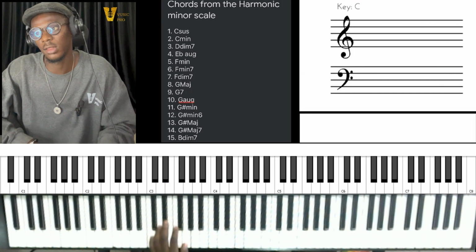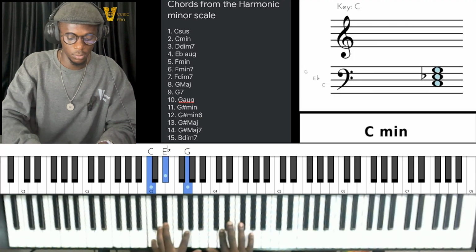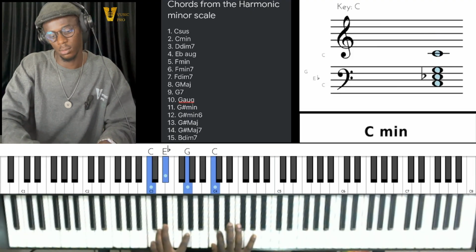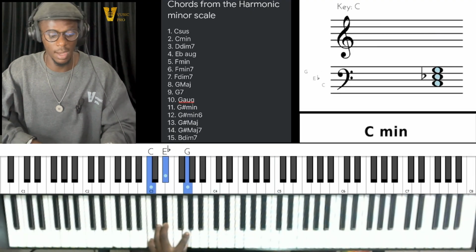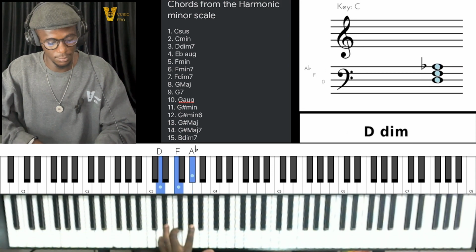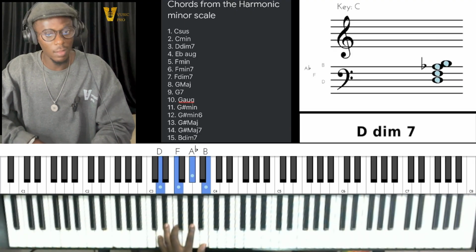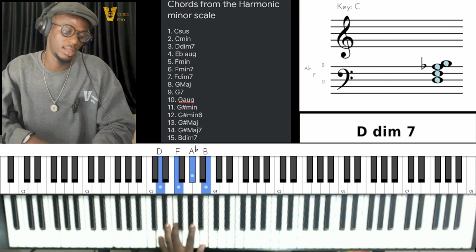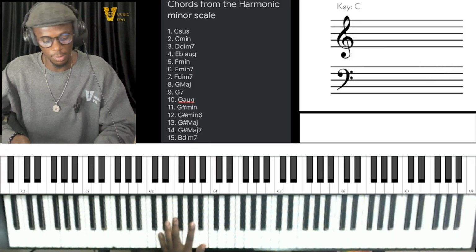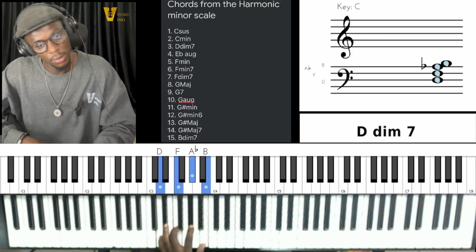Then the next chord on my list is C minor. Right, C minor chord, the second chord on my list. The third chord on my list is D diminished 7. You have the D diminished, you also have the D diminished 7. So as long as you have the D diminished 7, just know that the D diminished is inside it, right? So as I just wrote, D diminished 7 on the list. So let's play the scale